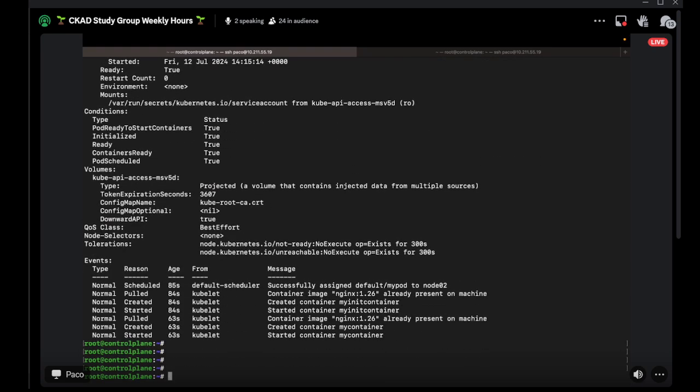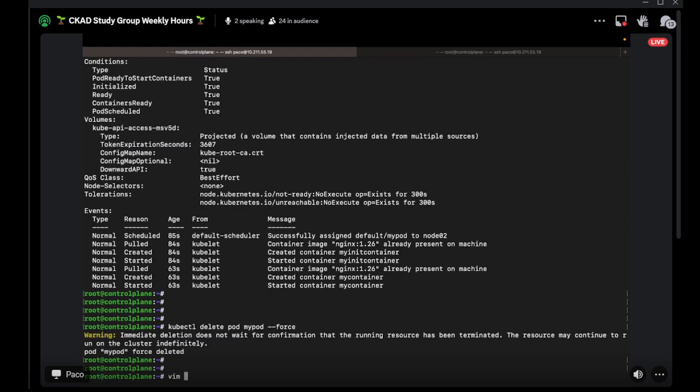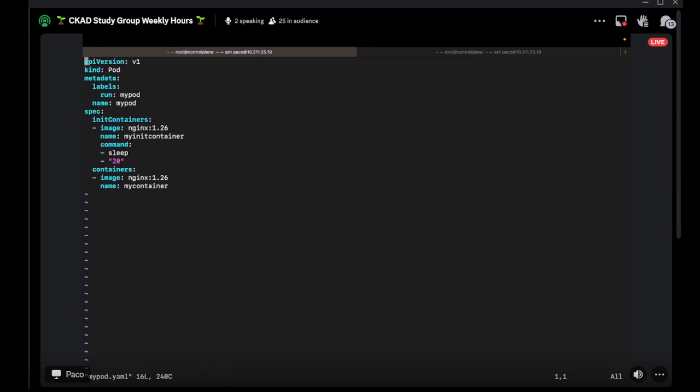You can put, if you want, several init containers. And let me show you that also. Let's delete the pod again, my pod, with force, and let's check the manifest again. We can add another one if you want, because I want to show you that the init containers don't run in parallel, but they run sequentially. So we can put another one,